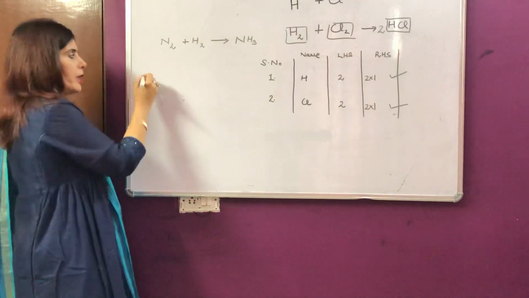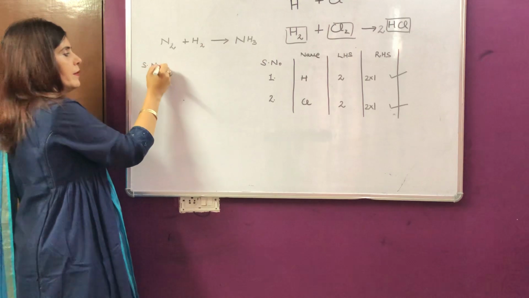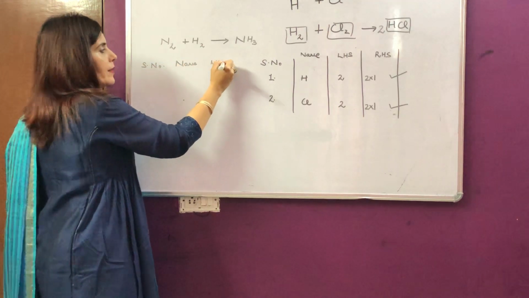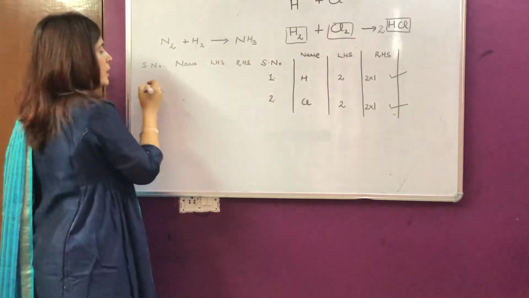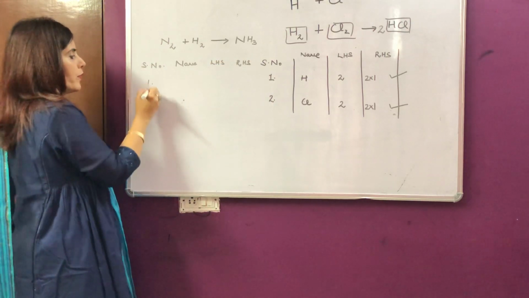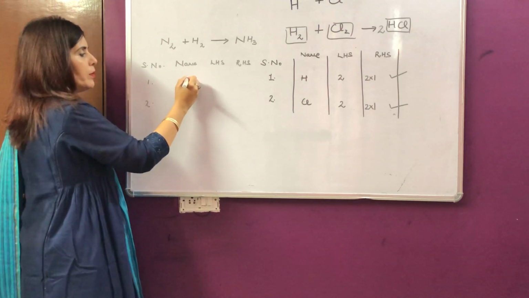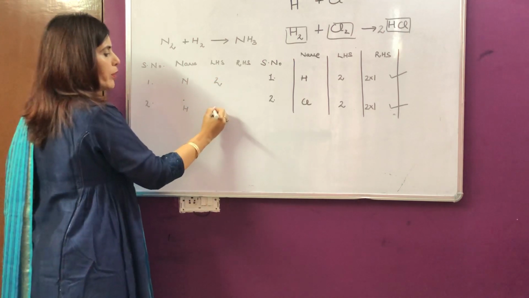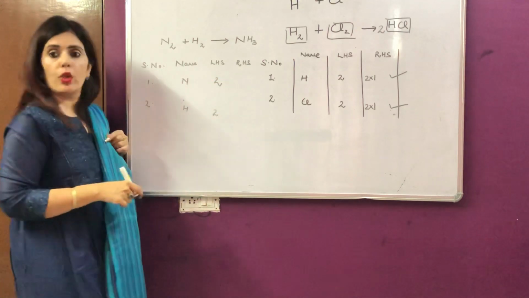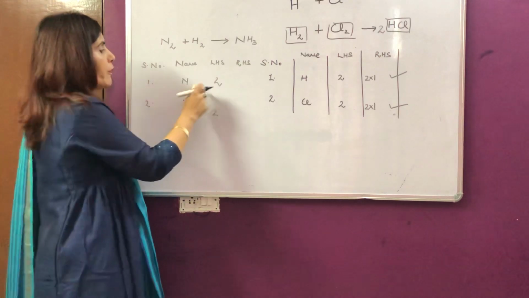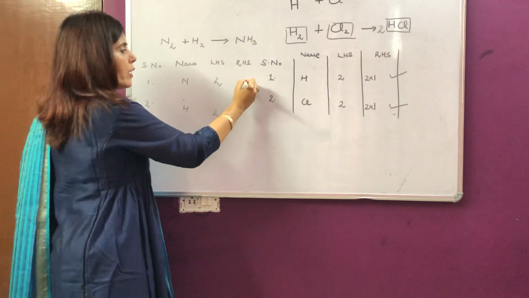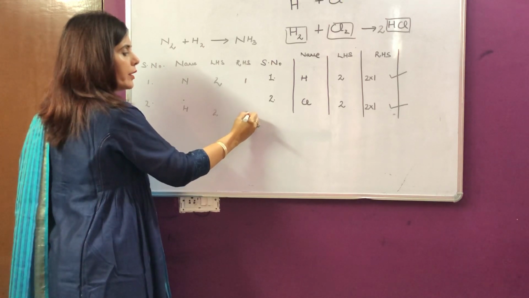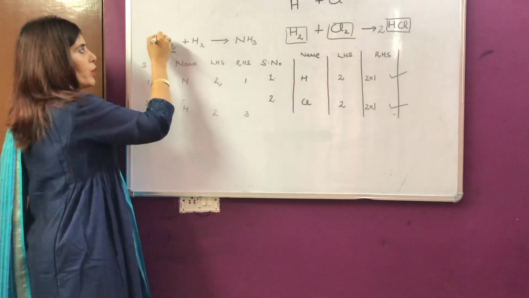Right. Again make a table. Serial number, name, LHS, RHS. So serial number is 1 and 2 because we have 2 elements only. Name or symbol is nitrogen and hydrogen. Number of atoms on left hand side are 2. Number of atoms on right hand side of hydrogen are again what? 2. Number of atoms on right hand side of nitrogen are what? 1. And of hydrogen are what? 3. Again put them into boxes